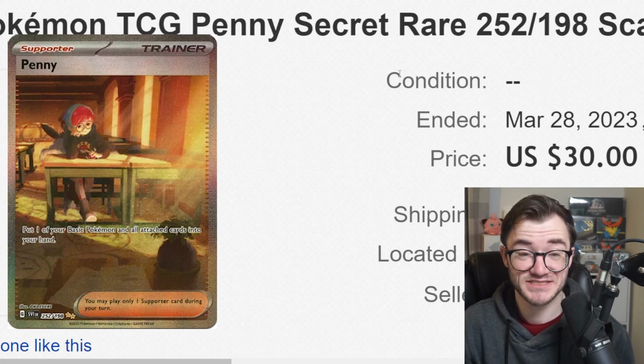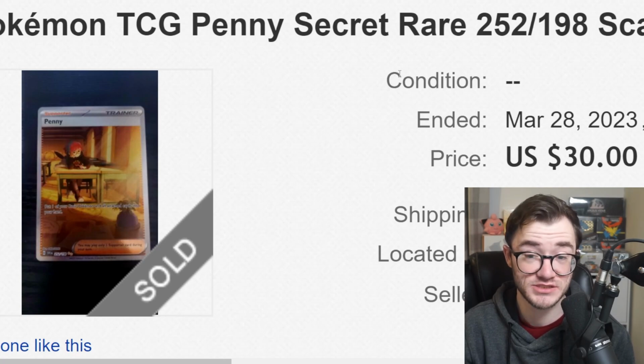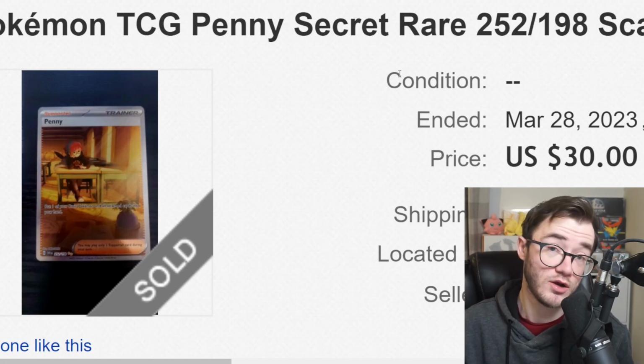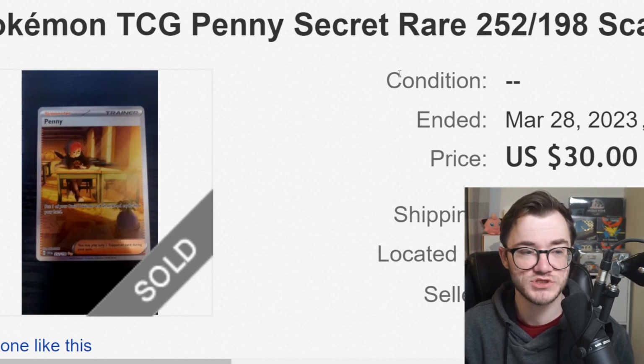Coming in number 6, just missing on the top 5, we have Penny Secret Rare at $30. So now we've reached the $30 mark. Now we're going to see how this gets on. This is, again, a cool trainer card. I quite like it. It doesn't have that insane, what they would like to call waifu tax, but this is